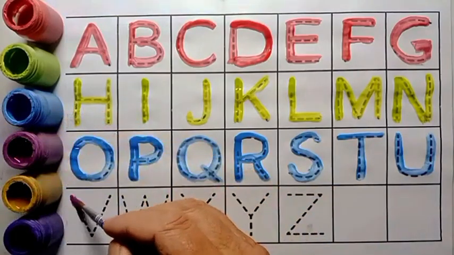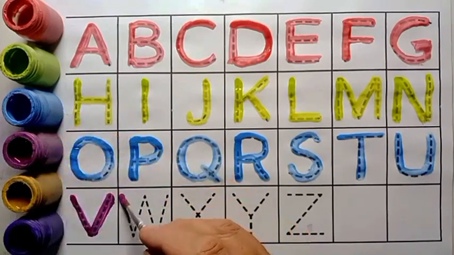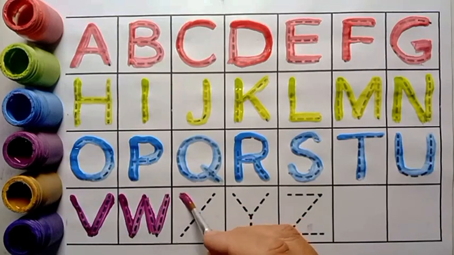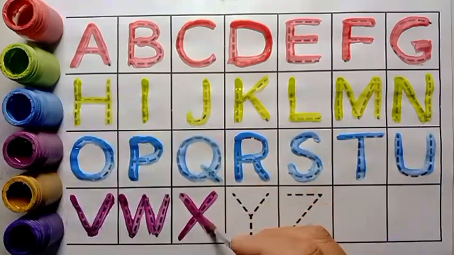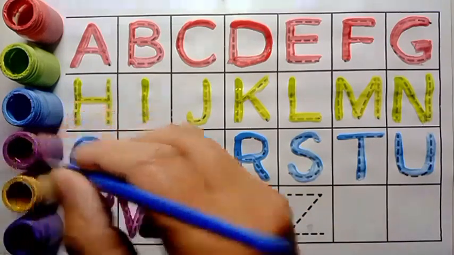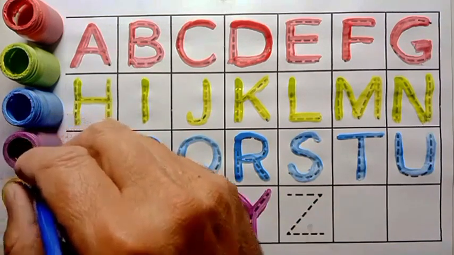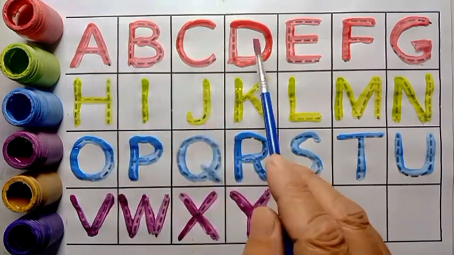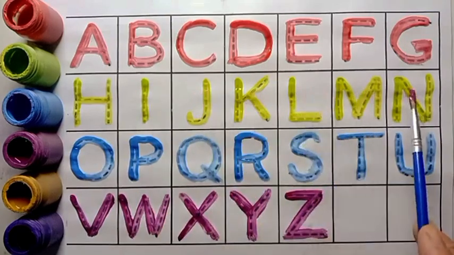V for violin, W for window, X for X-ray, Y for yarn, Z for zip, A B C D E F G, H I J K L M N, O